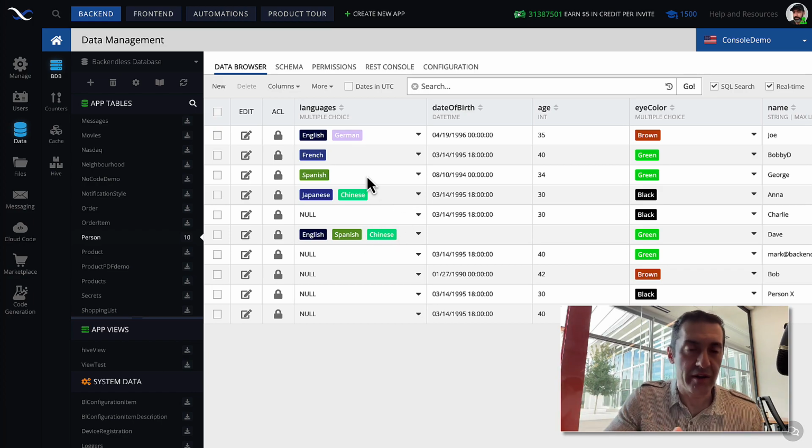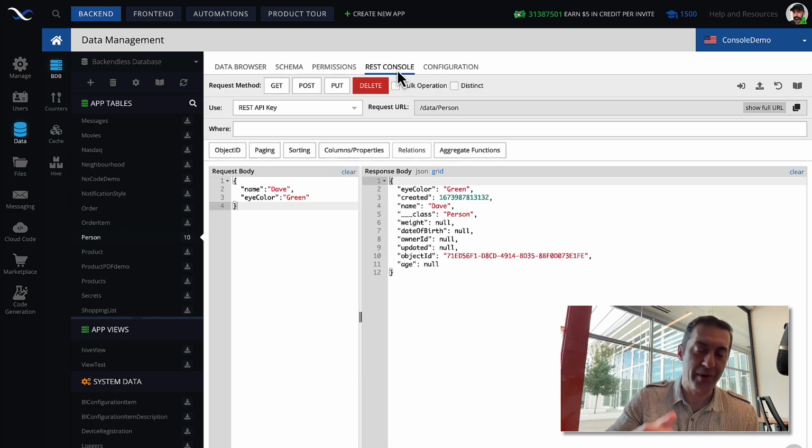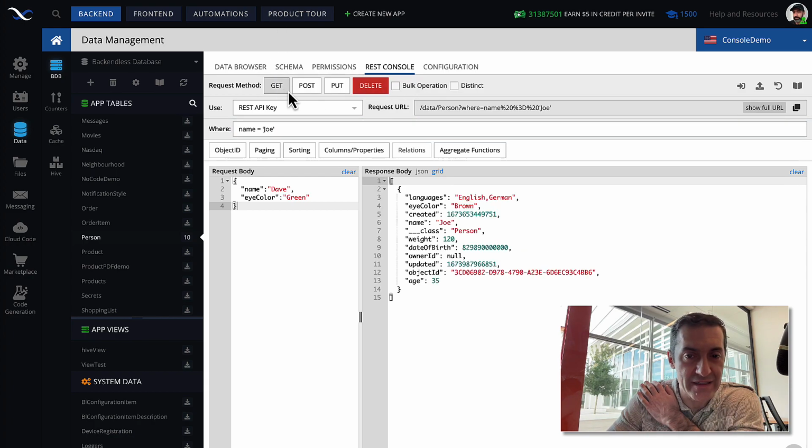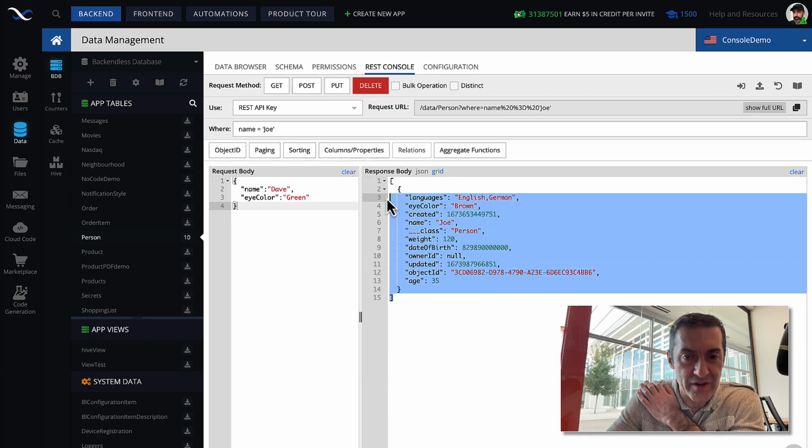Then the question may be, well, once you have multiple selection for a record and you have more than one value, what is it going to look like when you retrieve that value? So for this, let's say we're going to retrieve a person with the name Joe. And this is kind of basically looking ahead a little bit, because we haven't really discussed data retrieval API. So for this, I will show you that I can use a query where, say, name equals Joe, and click get. And in here, this is the response that we get.